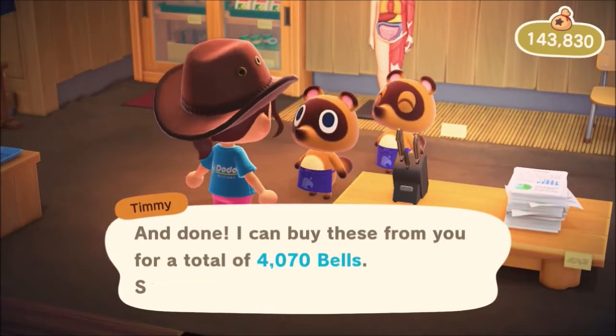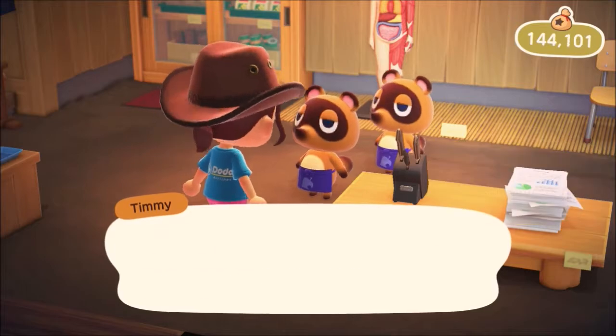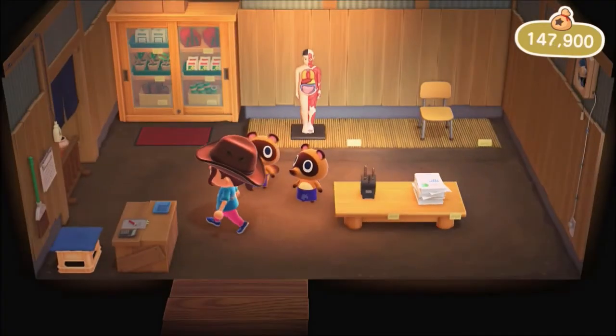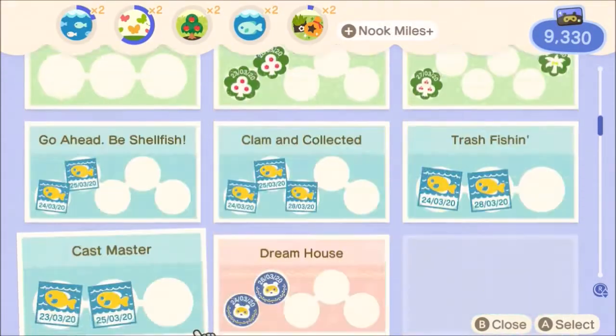And how much are they going to give me? 4,070 bells. So it's not really that much. So basically all of that stuff sold for just more than one of the butterflies from before, because they were super rare butterflies. Now, Nook Miles is one of the things I love about this game,